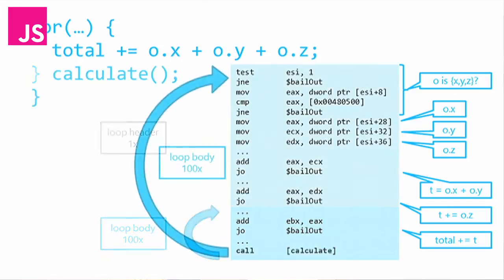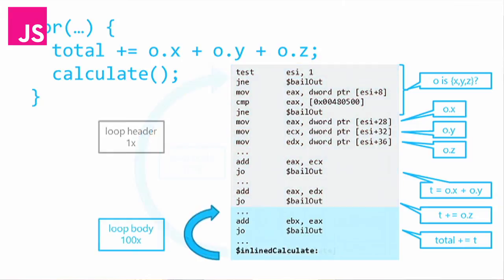But then if you were to insert a function call into that loop, we would have a problem. Because it turns out in JavaScript, function calls can change half of the world. So the function calculate, for all we know, could be changing the shape of O. Maybe it removed property X or something. And so now we have to execute all these checks and all these loads on every iteration of the loop. So function calls tend to kill most of the optimizations that any of the engines can do. And that's why function inlining is such a critical piece of every